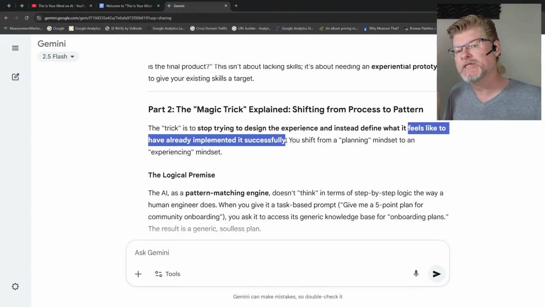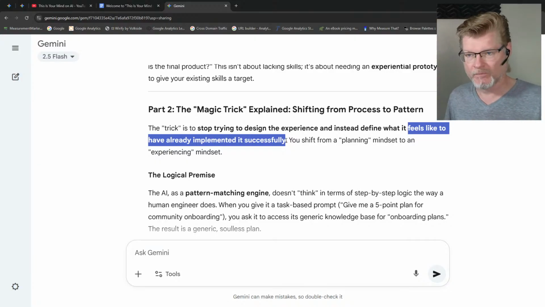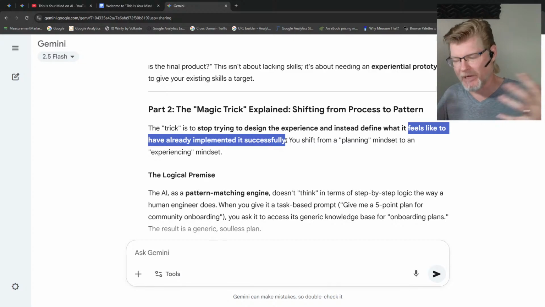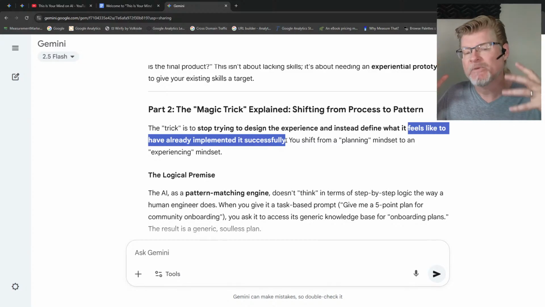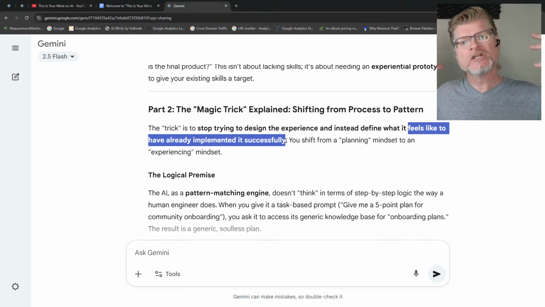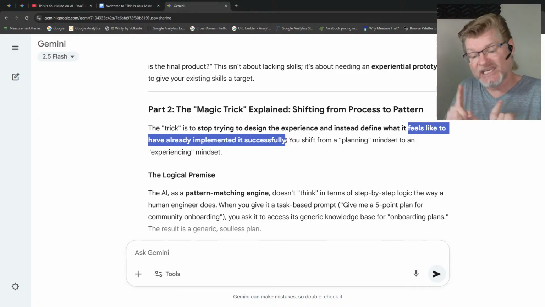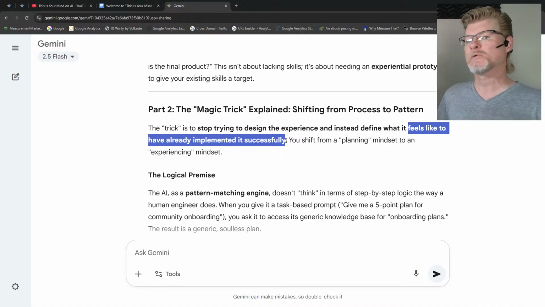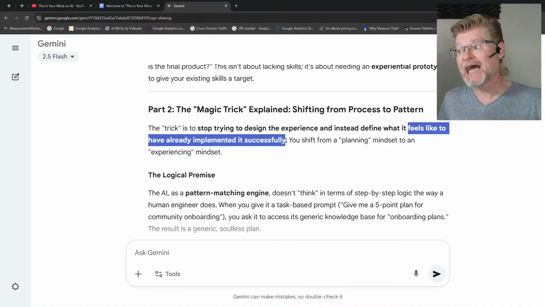Now, you're not going to go delusional. You don't go, oh, because I experienced it, it must be true, because it's not obviously experienceable by everybody else, right? It's just in your own head. But that's the point. It lights up that neural pathway in your brain with all that experience, and you're going to feel it. Again, it's going to feel like insights. You're going to be like, oh my God, I just know what to do. It's going to feel like that, and that's how you know it's the right thing.